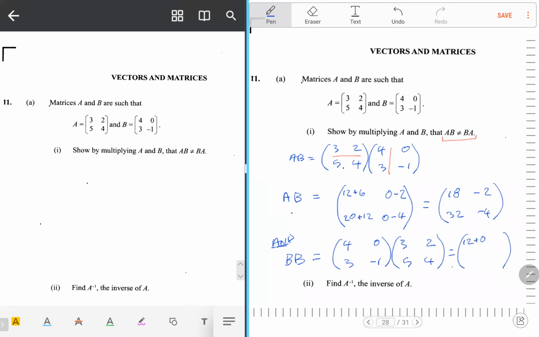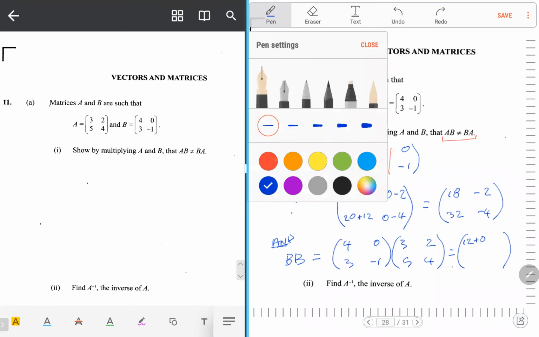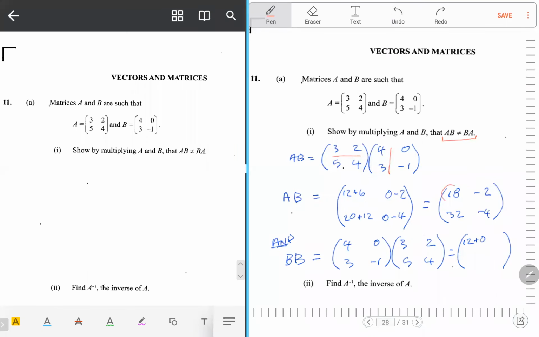And see, they're already not equal because this equals 18. I'm going to mark it. This first value equals 18 and this first value equals 12. And they are not equal. I don't have to calculate anything else. So I can say therefore AB is not equal to